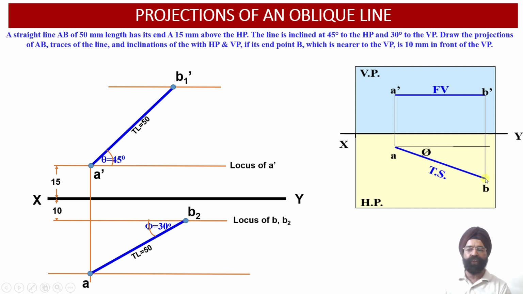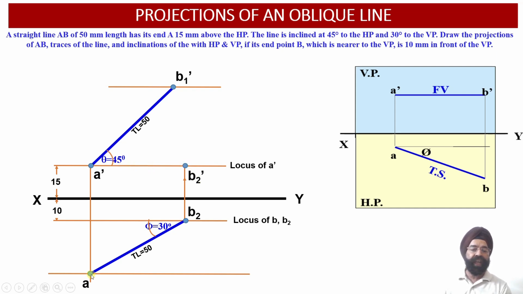So from the second point of the true length, we have to draw a vertical projector line up to the locus line of the first point of the elevation projection view. That is, from the point B2, we have to draw a vertical projector line in the upward direction till it intersects with the horizontal projector line obtained through the point A dash. This intersection point will provide us with the apparent length projection corresponding to the elevation projection length. This point will be termed as B2 dash.